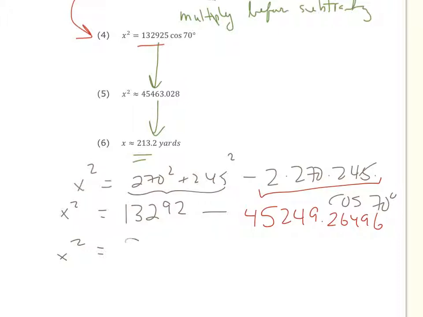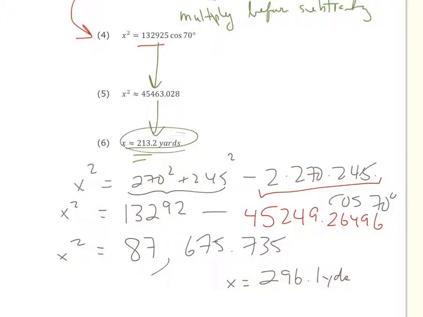With the subtraction, we end up with 87,675.735. And of course, square rooting, we end up with a number that is different than his answer. We get about 296.1 yards for that distance. So if they were planning any kind of a building project or spanning across the lake there with any kind of